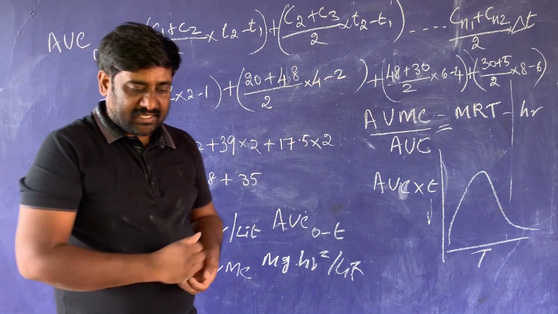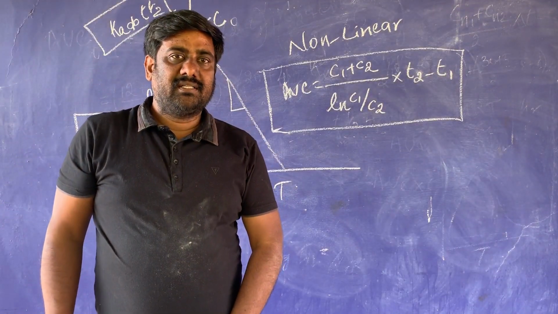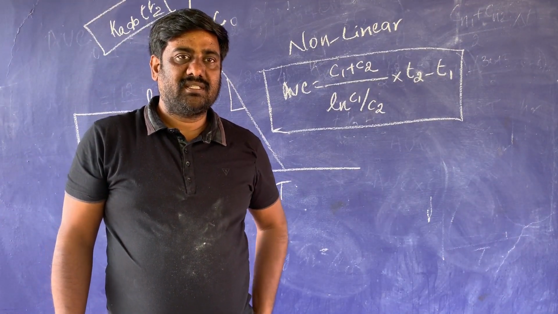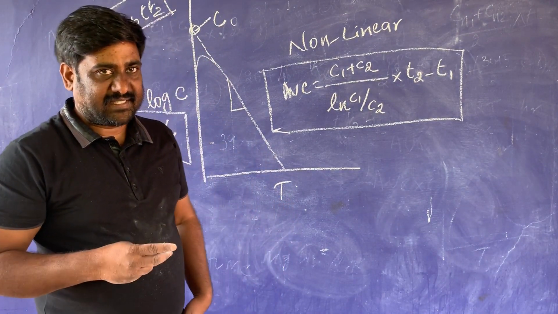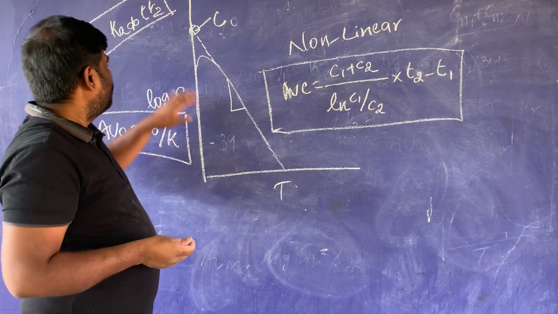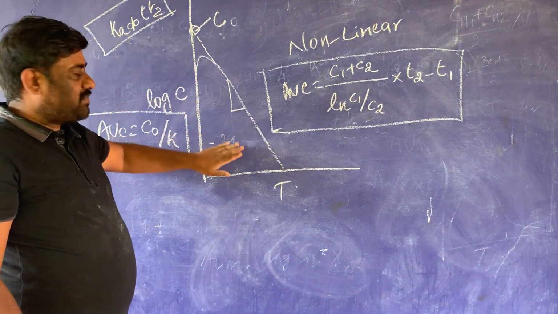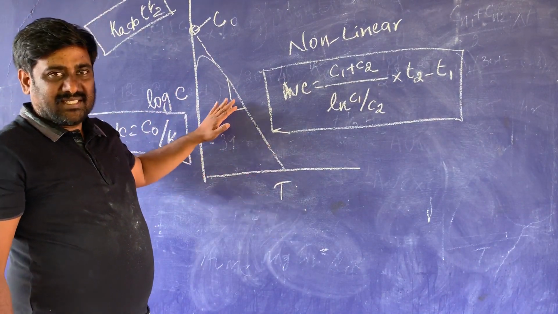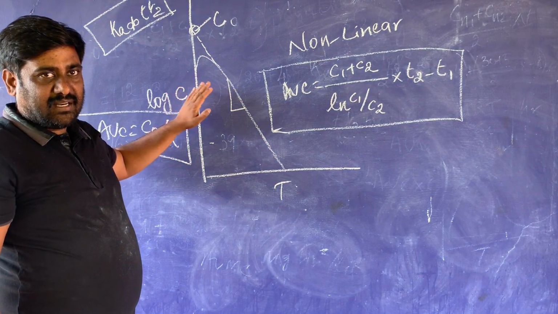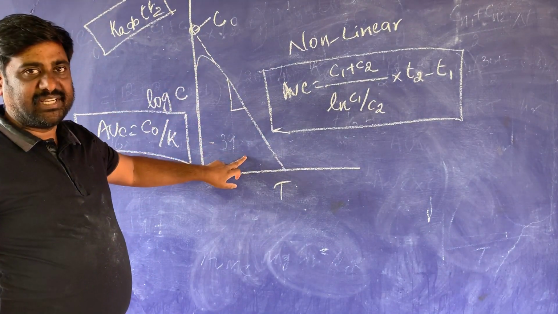Okay. So now we have calculated AUC, AUMC, MRT, Cmax and Tmax. Two other important factors we will discuss how to check: one is Ka and Tf. It's very simple. The graph is plotted between log C and time. When the graph is plotted in log, you will get more or less a straight line. So this type of graph you will get.